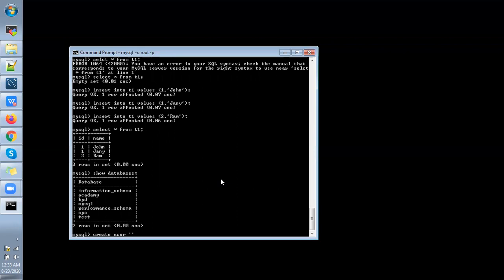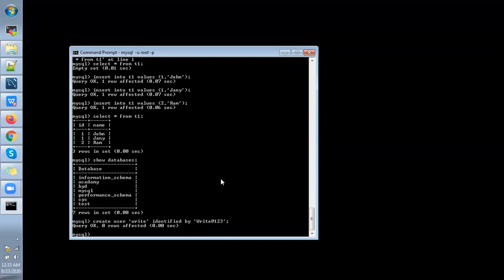username called write identified by password. Grant. So here we have to mention specific privilege names.